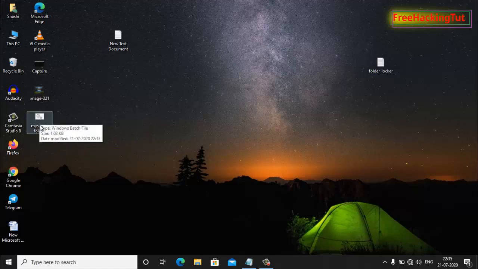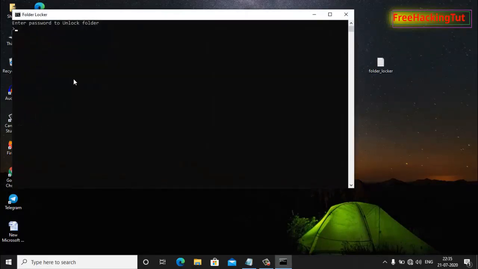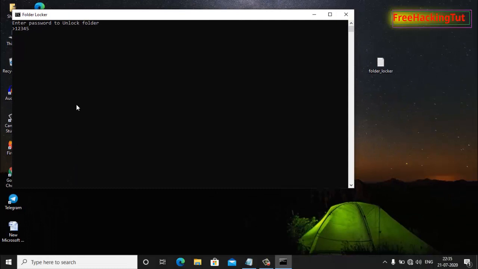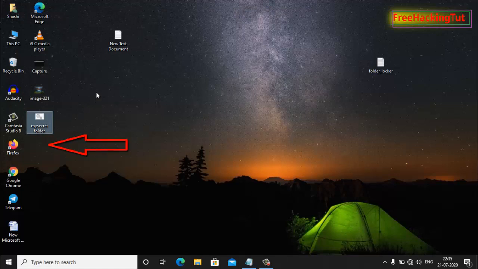run this file again. Now to unhide this folder, you need to type the password which you have given in the text document, that is 1 2 3 4 5. So you need to type the correct password. Without typing the correct password, this folder will not unhide, or you will not be able to access this folder. So press enter. You can see here the folder is